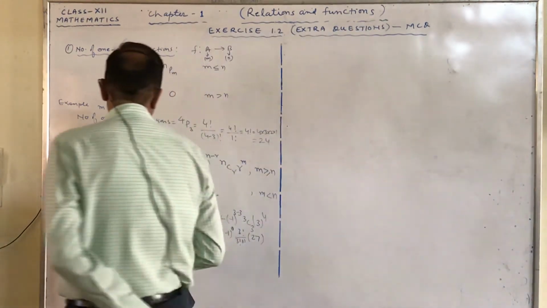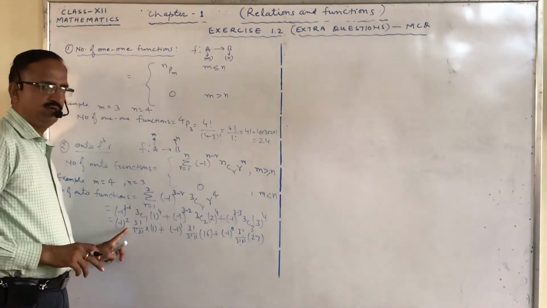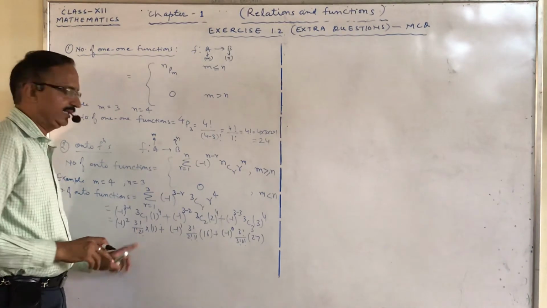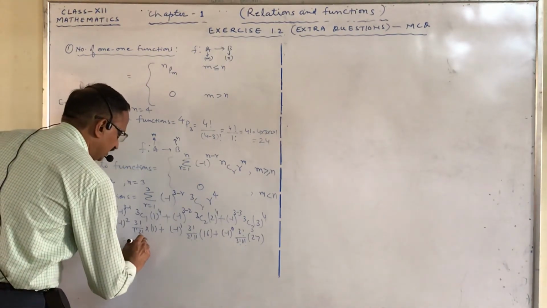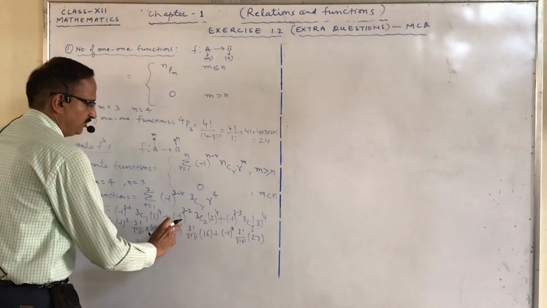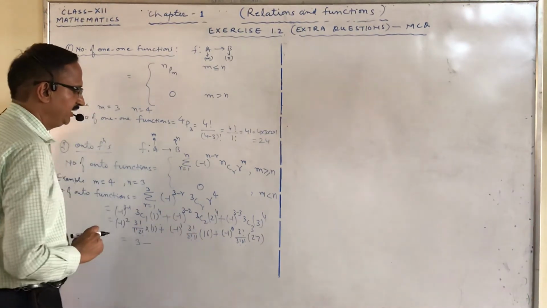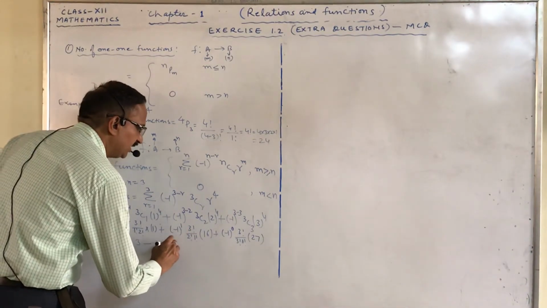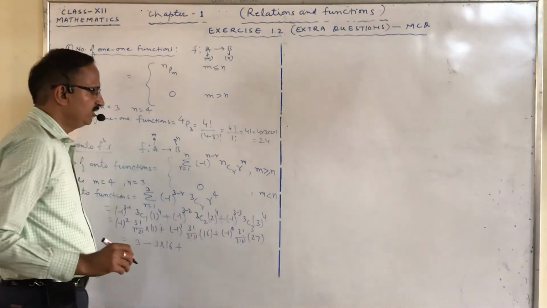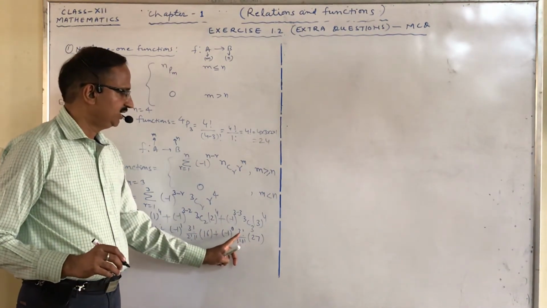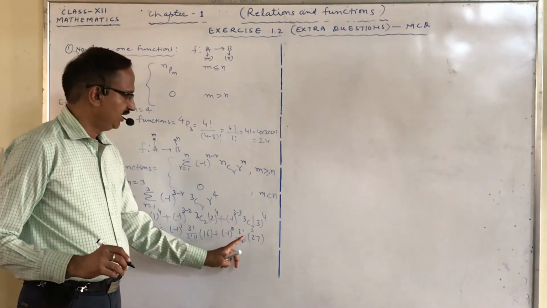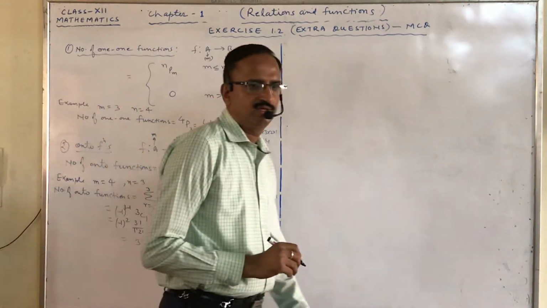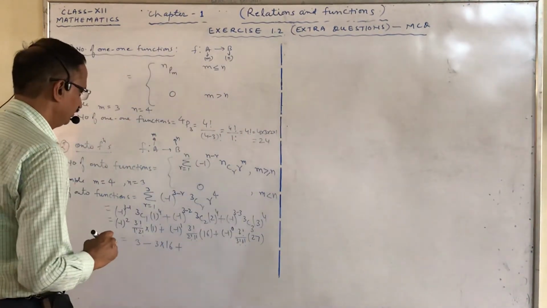Now this minus 1 raised to power 2 means positive, and this is nothing but 3. So we will get 3. Now minus 1 raised to power 1, so this term will be negative. Again this is 3 and this one is 16. Minus 1 raised to power 0 is 1. This is again 1 and we get 27. Okay. Any doubt? No.